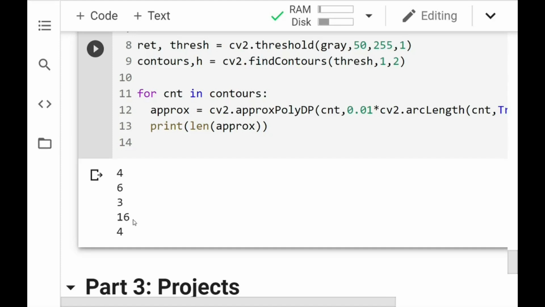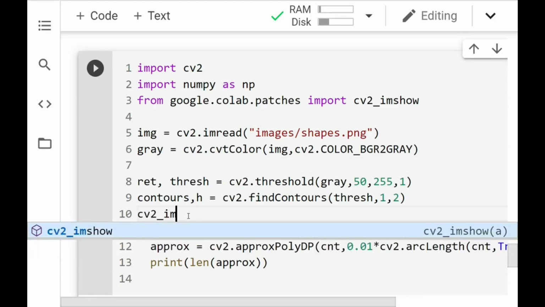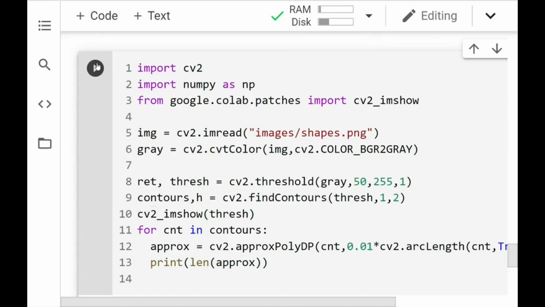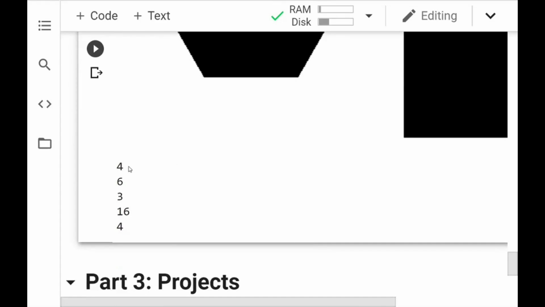And I wonder what that is. So let's go back and read this image for us. cv2.imshow threshold, and just rerun this again. So you can see that this is a shape, and it's giving us 4 points, which probably represents a square,